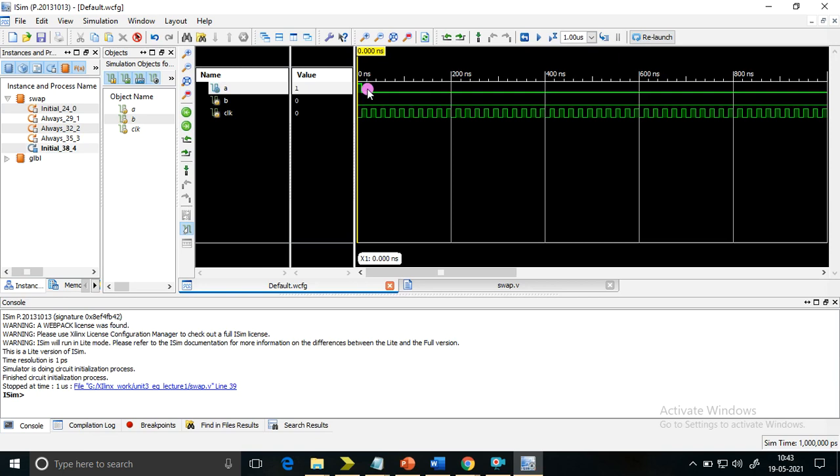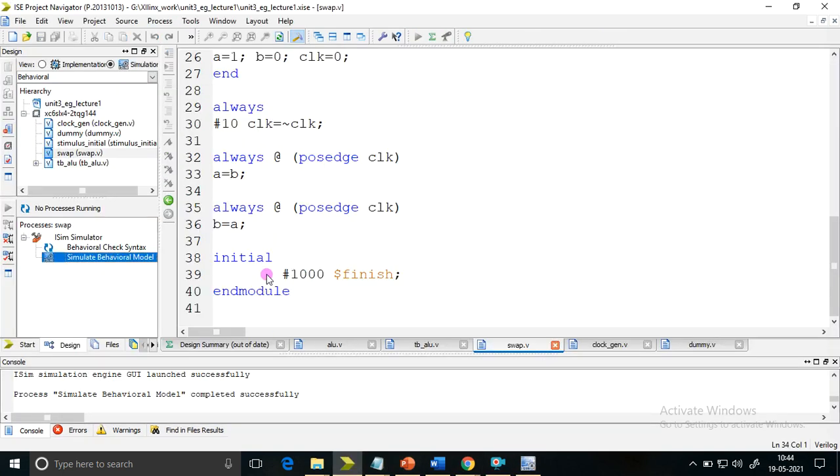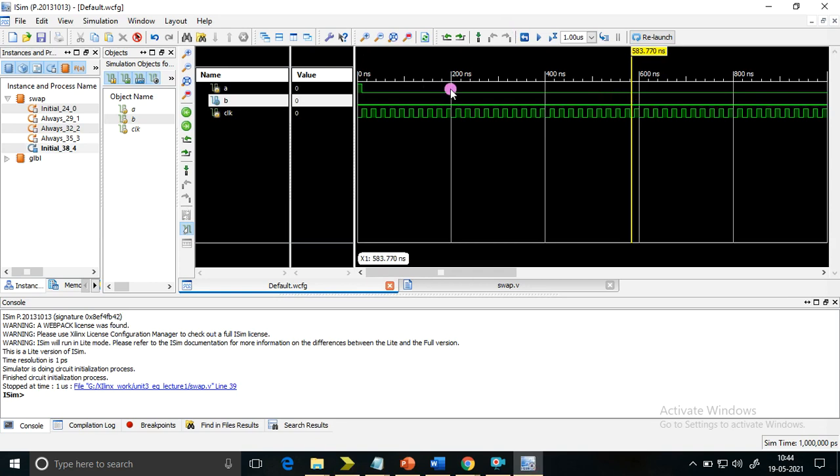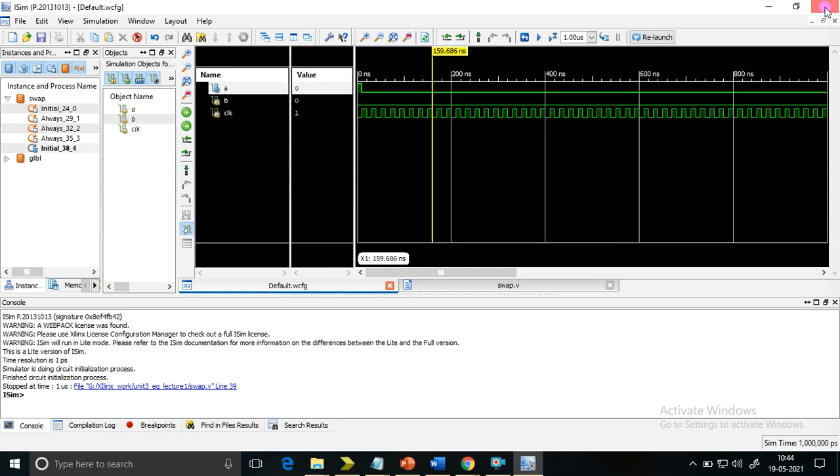There it is falling and maintaining the same thing. Why is it falling? Again, it is a simulation effect. At the positive edge of the clock it is receiving 0, so don't concentrate on that. Just concentrate on whether the swapping operation is happening or not. It is not happening at all. You can see it is staying at 0 all the time.